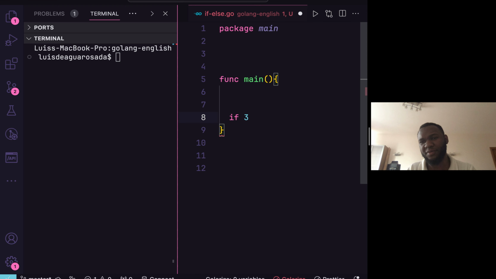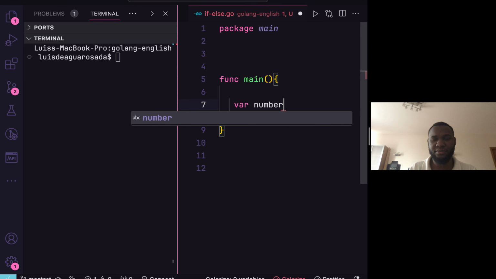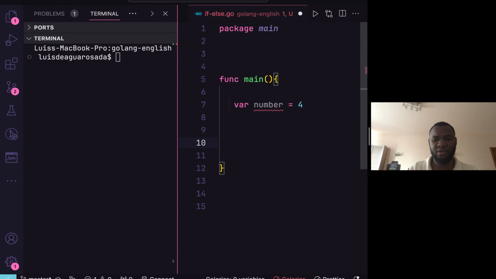This condition maybe will depend on what I want to do. For example, if it is even, maybe I will create one thing here. For example, var number will be 4. Okay, on condition if